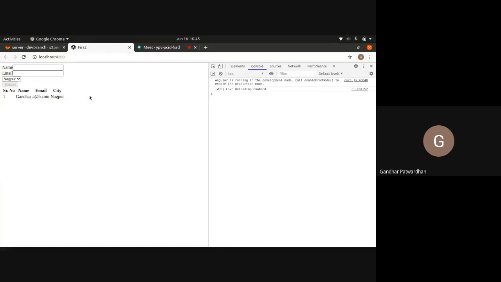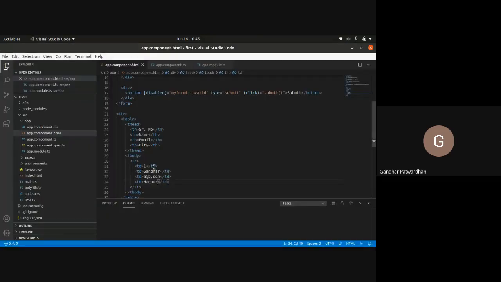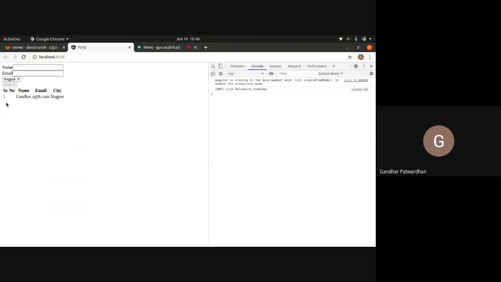Right. Now, what we need to do is we need to add whatever we add here, and display that in this table. That is the first thing that we would do. To do that, what we need is an array, so that your data in your table would be displayed from that array.